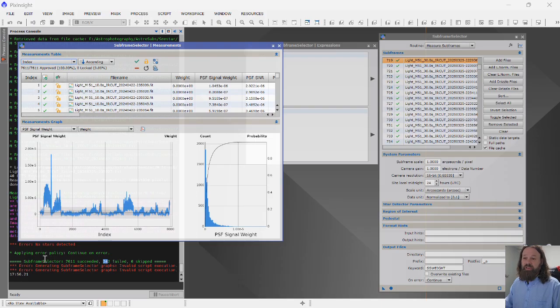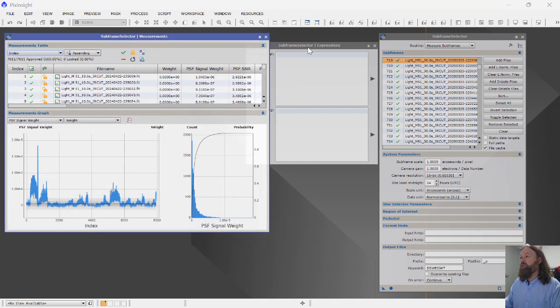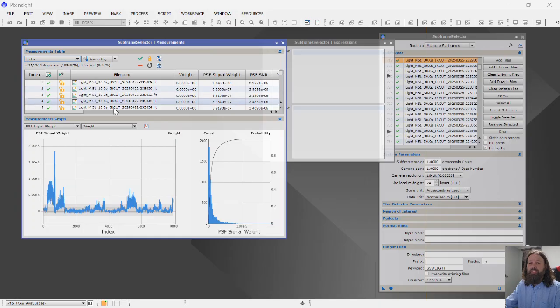So this is measuring, so expect it to take some time, especially depending on how many subs you have. It can take quite a while. So we'll close this and take a look at what we end up with. This box is the most important here. As you can see, you can pick two options to show in the graph. The one on the right is going to show you the weight, and the one on the left is the PF signal weight. I did some research on the internet before I started this video, but